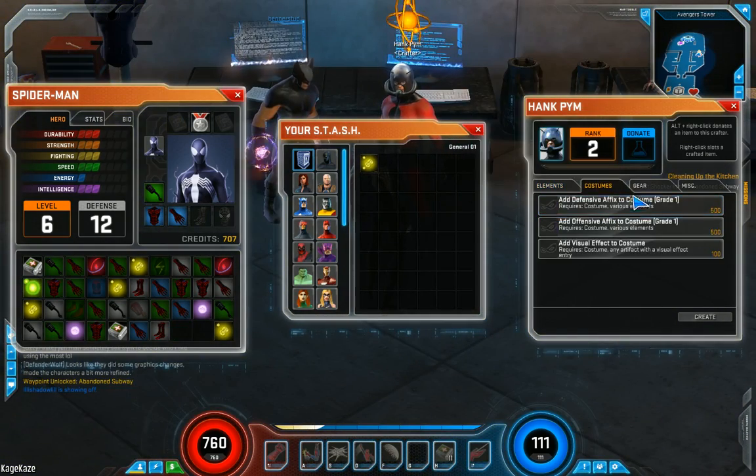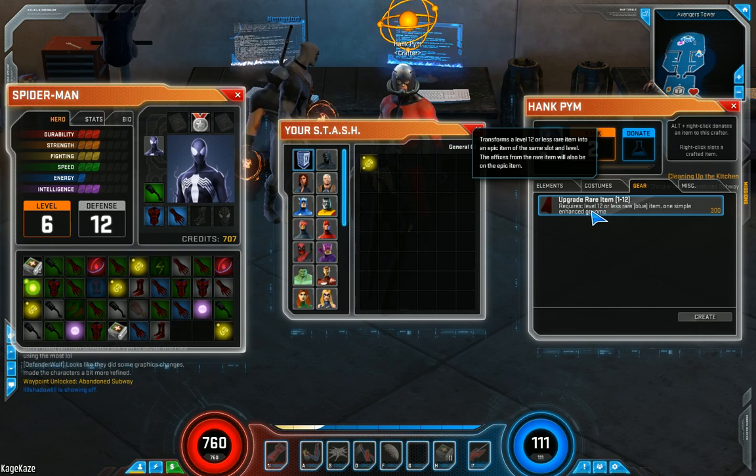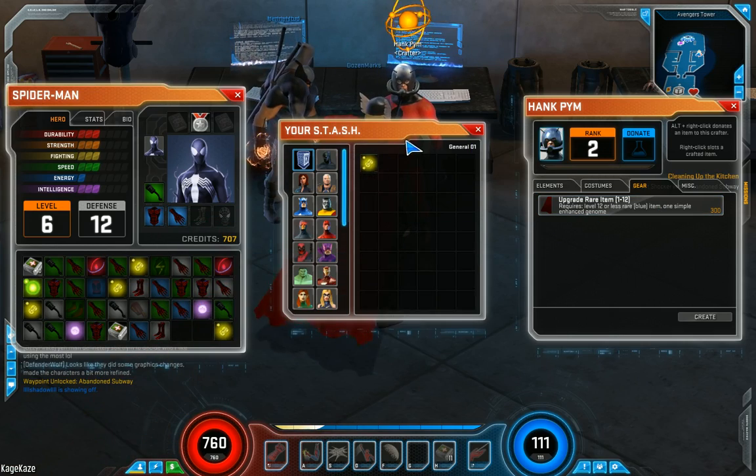Alright, he is rank 2. Now, there is something I never did get to try here. Upgrade rare item 1 to 12. Level 12 or less rare blue item, and a simple enhanced genome. So...